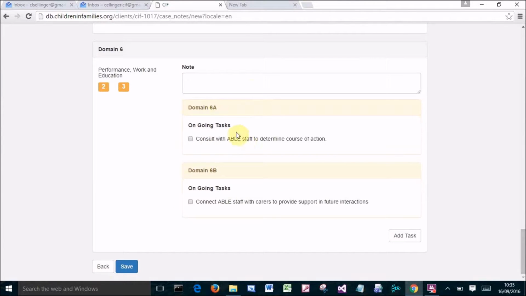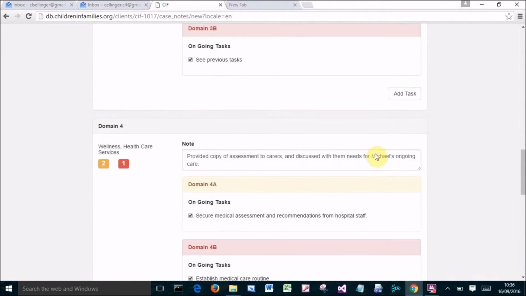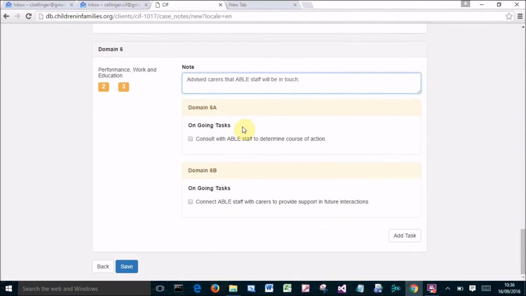Performance work and education. Consult with ABLE staff to determine course of action. Connect ABLE staff with carers to provide support in future interactions. Not done yet, but we will have advised the carers that ABLE staff will be in contact. And then if we wanted to, we could add another task here, and that behaves just like it did in the assessment, but for now I'm going to leave that alone. So we hit save,